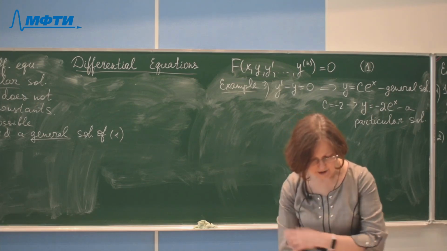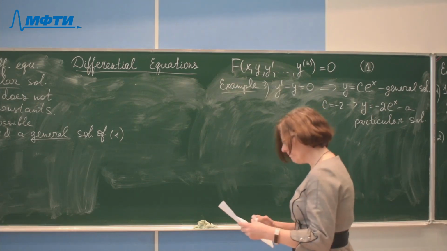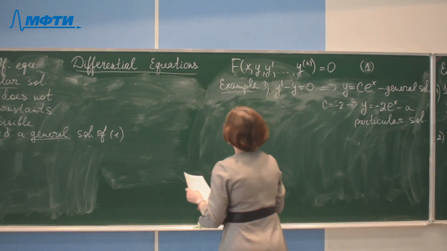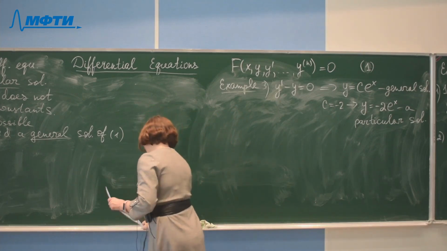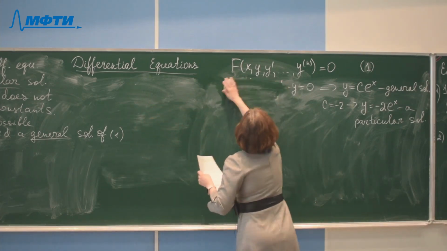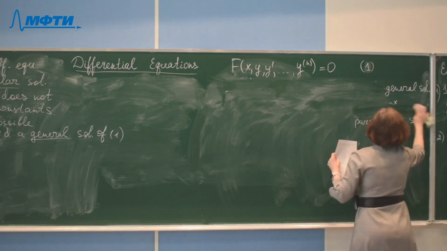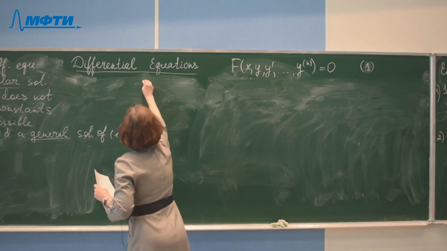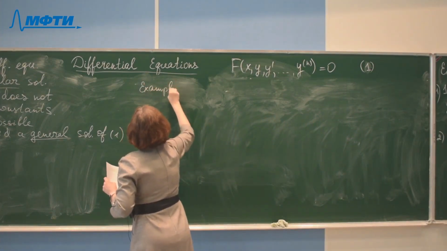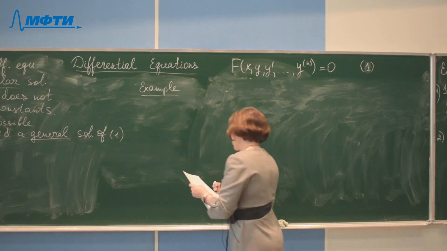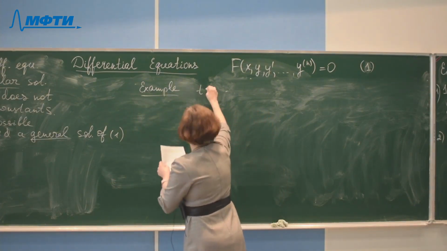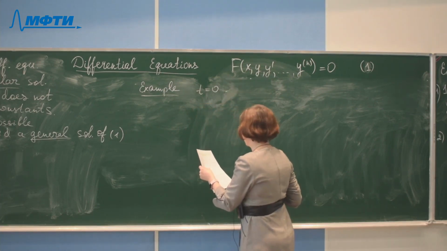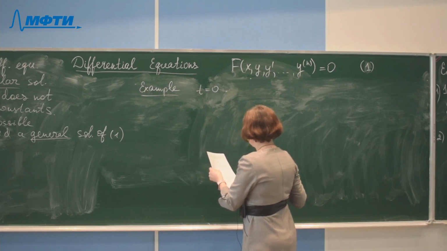For example, suppose we observe an experiment that at time t equals 0, a body is 10 feet from an origin and is moving with a velocity